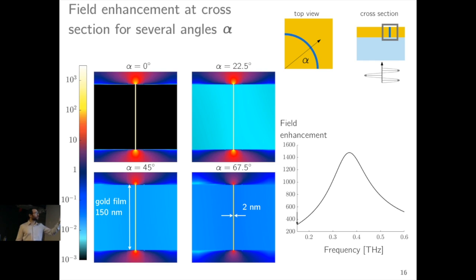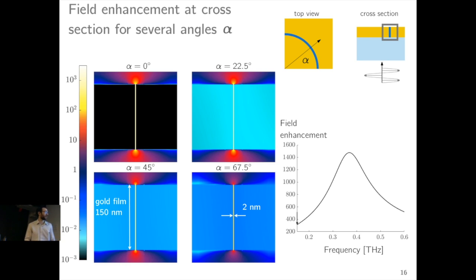Perfect. So what I'm showing here is a vertical cross-section of this annular nanogap at 4 different angular values. The angles come if you look at it from the top. The colors correspond to the field enhancement, that is, how many times the amplitude of the incident field is enhanced in this region. And I'm going to show an animation that essentially performs a frequency sweep, and you're going to see how these fields change as soon as we move close and far away from the resonance, which happens at